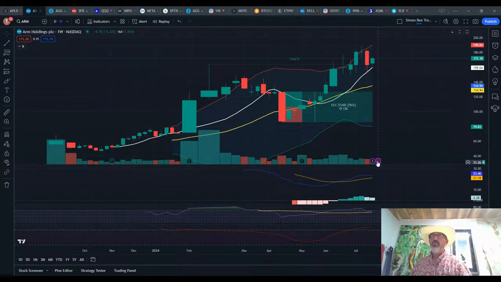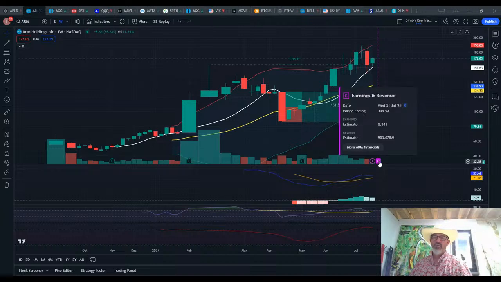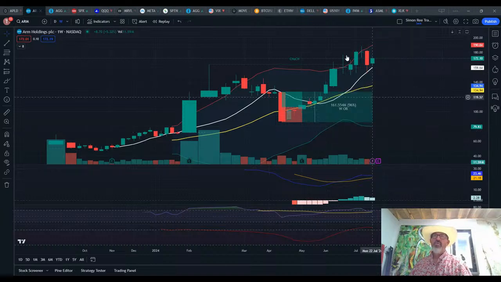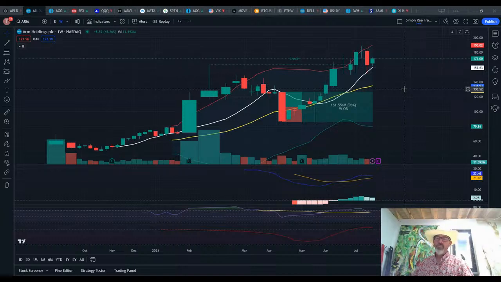Here's the big deal, though. On a weekly chart, earnings come out on Wednesday of next week. So how do you play this? Well, some people buy into earnings, which in my opinion is a bit of speculation. And if you're willing to take that,